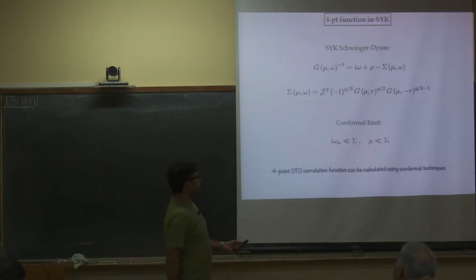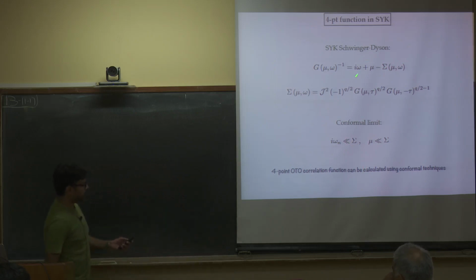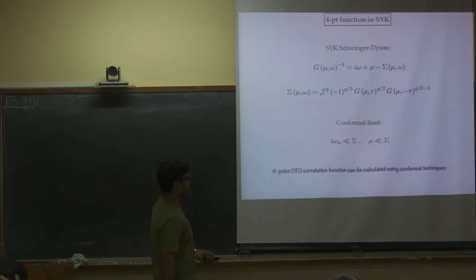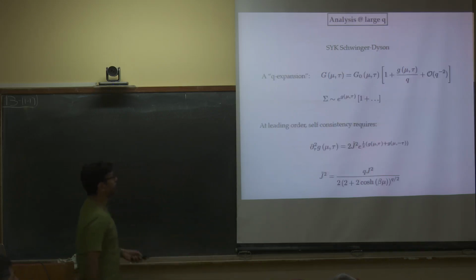Okay. Good. So at the end of the day, it basically boils down to being able to calculate an out of time ordered 4-point function, and essentially you have to solve these equations. And of course, the usual conformal limit is a limit in which you take the self energy to be larger than both of these scales. But the fact that there's another scale in between can give you some non-triviality in the 4-point out of time ordered correlation function, if you are able to calculate it. So that's the bottom line, and that's what you're trying to do.